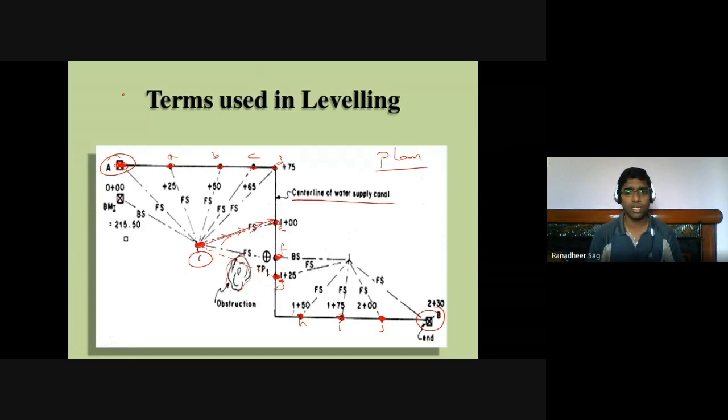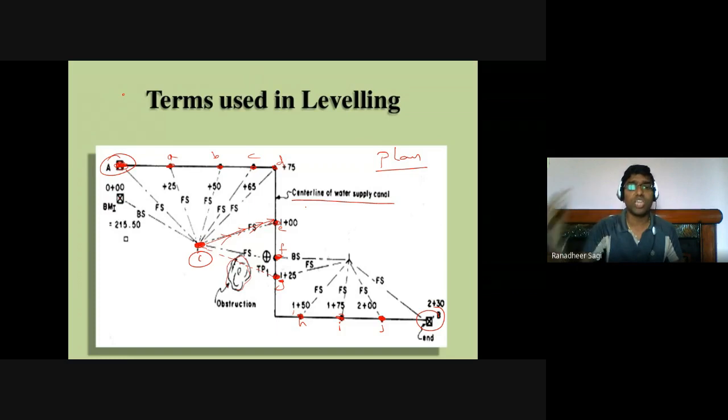So in such a case, what should I do? As I am not able to focus on my leveling staff placed at point G, for which I want to determine the elevation, then from instrument station 1 you cannot continuously go on measuring your readings because of the obstructions. Then what I should do is shift my instrument from that instrument station 1 position. To where I shift, no problem.